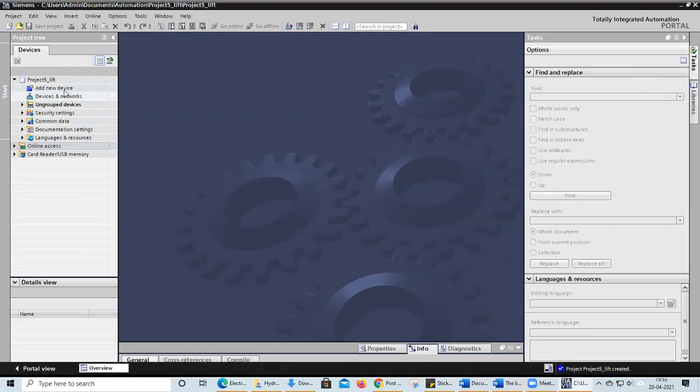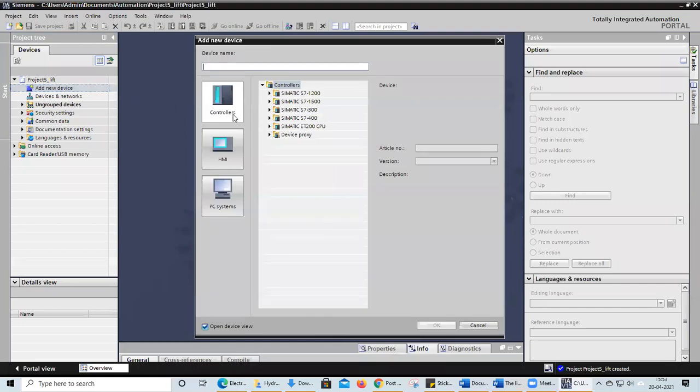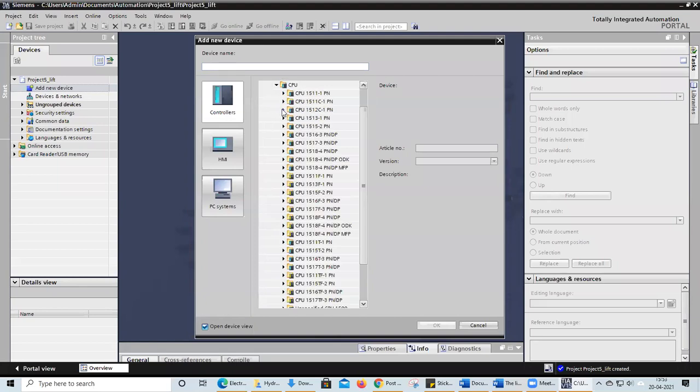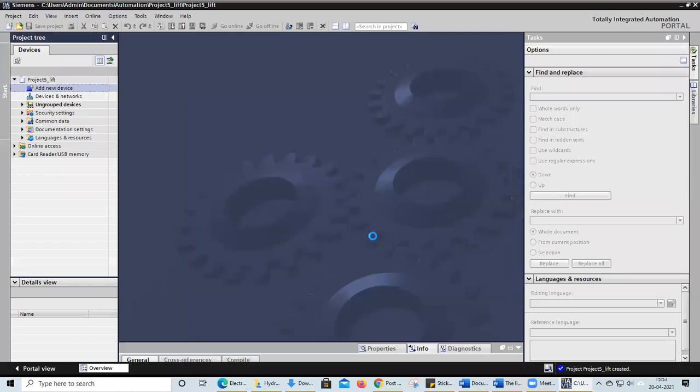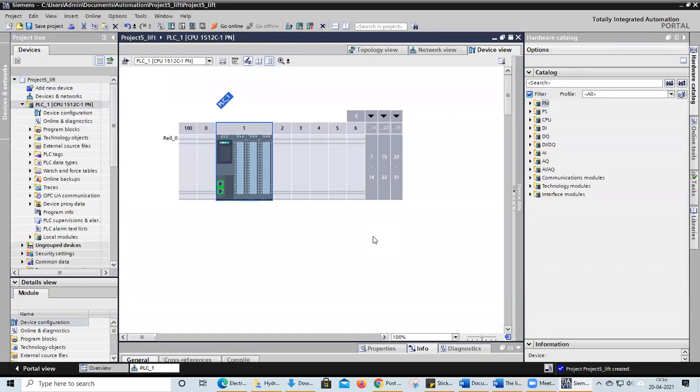And add new devices here. Go for the controller and select 1500 series CPU, and select 1512C CPU and click on this one. Now I have selected my CPU.